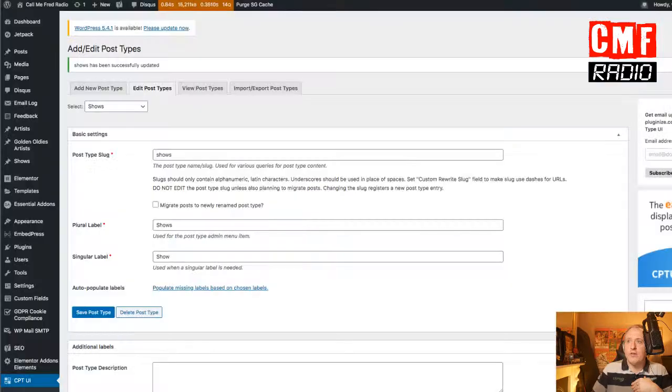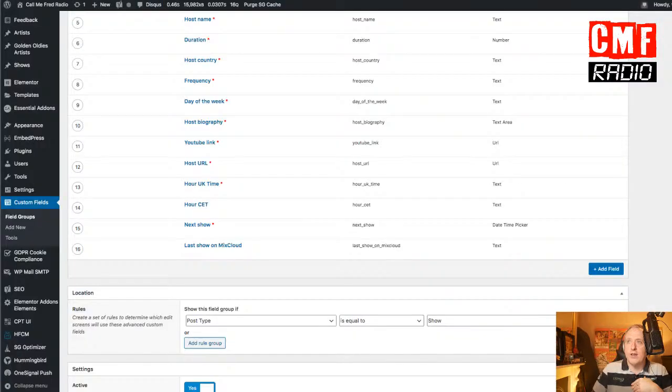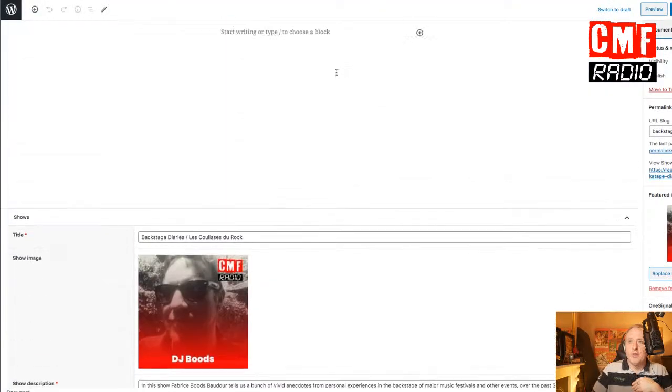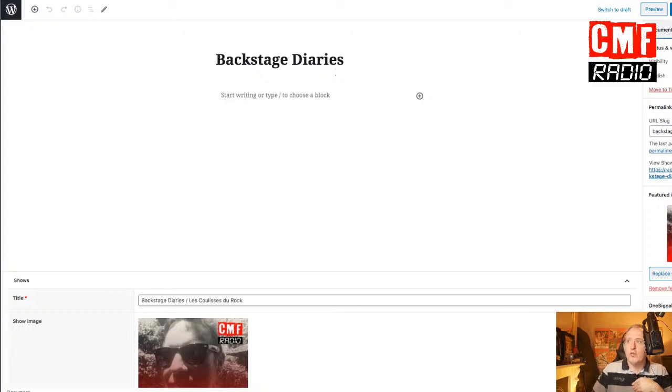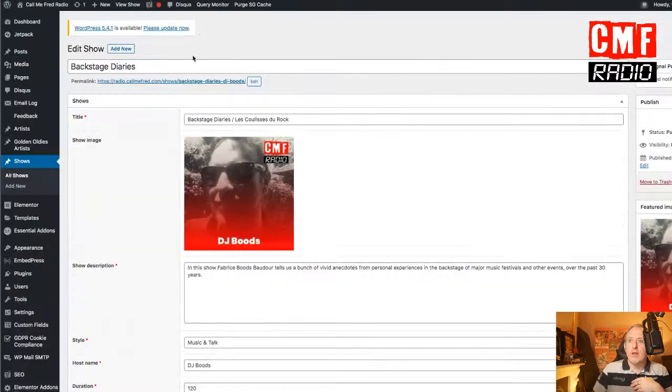So let's see, for instance, how this looks behind the scenes for a specific show. So this is one of the shows. Okay, I will update it. Maybe we'll remove the block right there. Let me just update it completely. Yes, you see, I've removed the default editor because I don't need it, because all the data is contained in